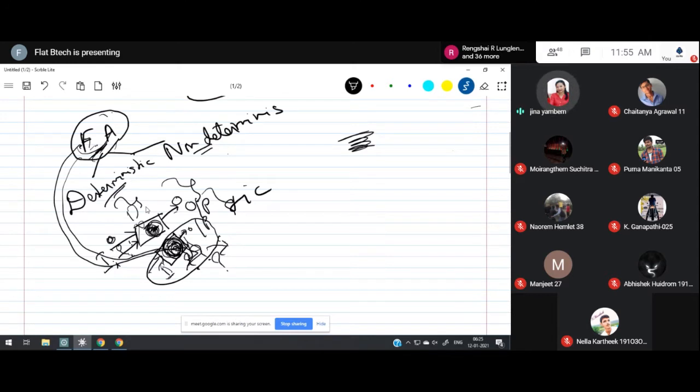But what about the finite automata? I've already told that this is an abstract device. But even though this is an abstract device, we should understand this machine. So we have to learn how to represent this finite automata. This finite automata can be represented in two types. One is known as state diagram. Another one is known as state